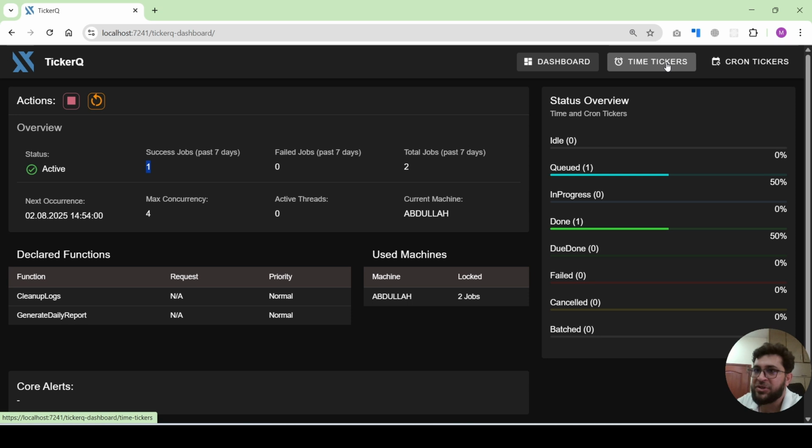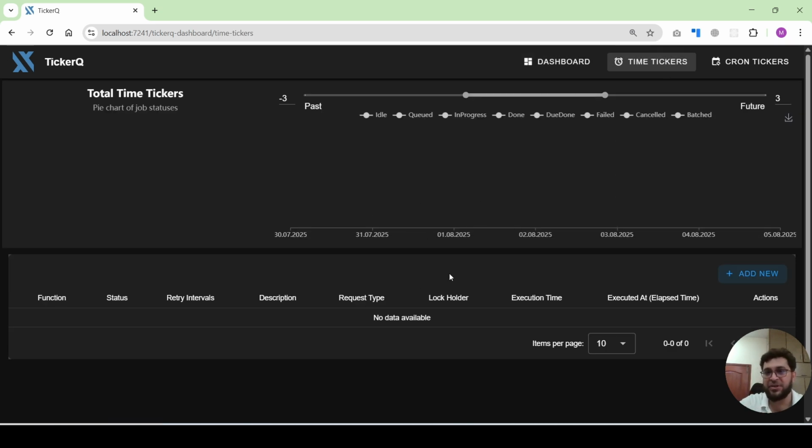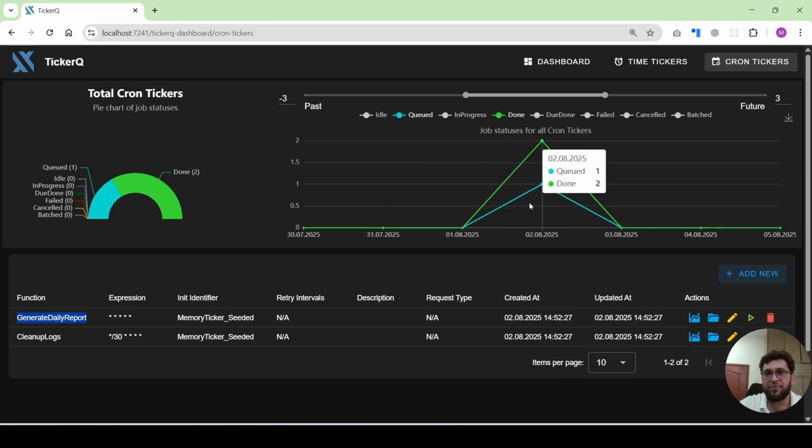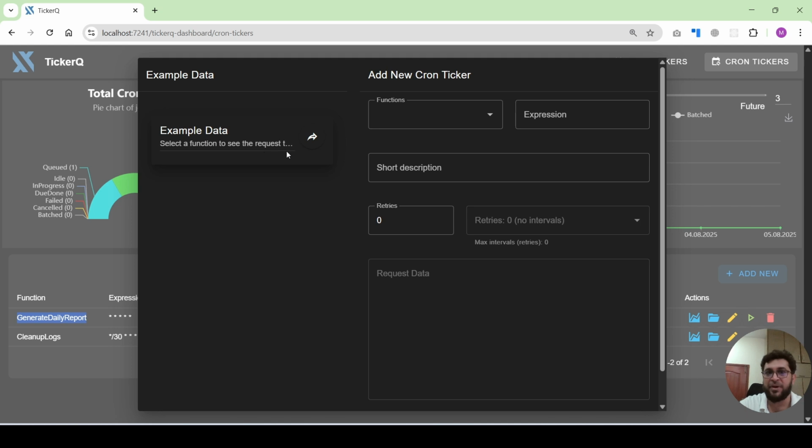Next is the timer function. Next we will add the timer to see how the timer trigger will look, and this is the cron job. So you can see here currently we have two cron jobs. One is cleanup, and the other one is generate the report. This is the cron expression, and this is the graph. And you can also run this job here from this dashboard as well,